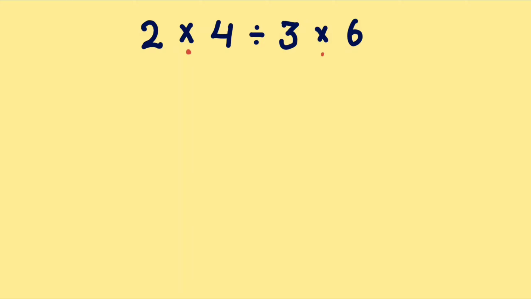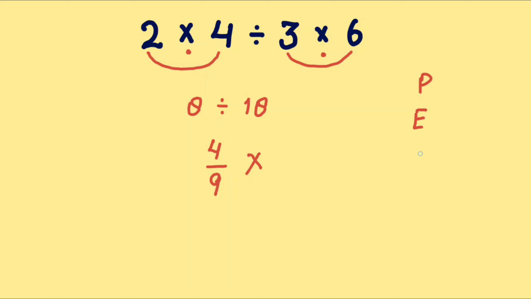Normally, when you have the same symbol in the question, you can solve them simultaneously. So this will become 8 division 18, and the final answer would be 4 by 9. And if you also make the same mistake, you must know about the order of operations, known as the PEMDAS rule,